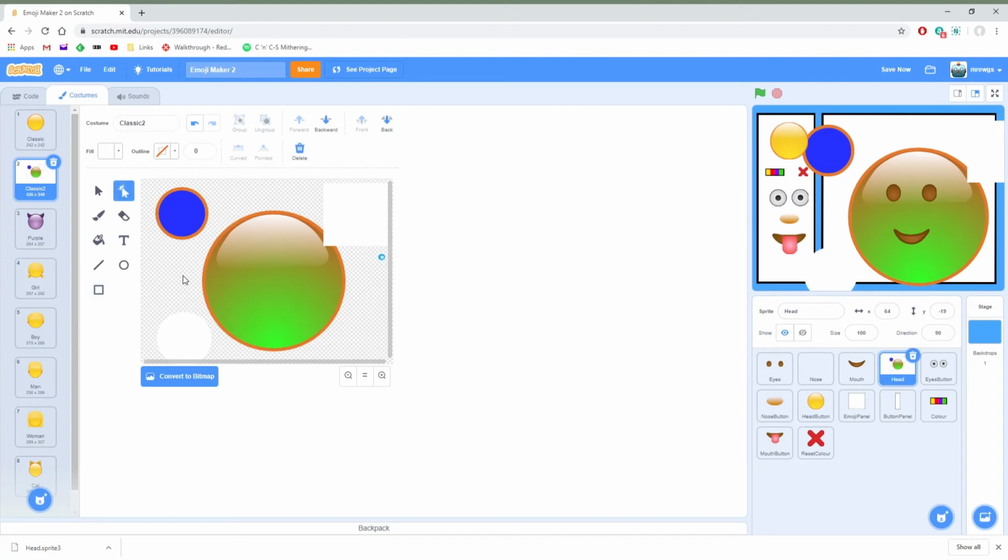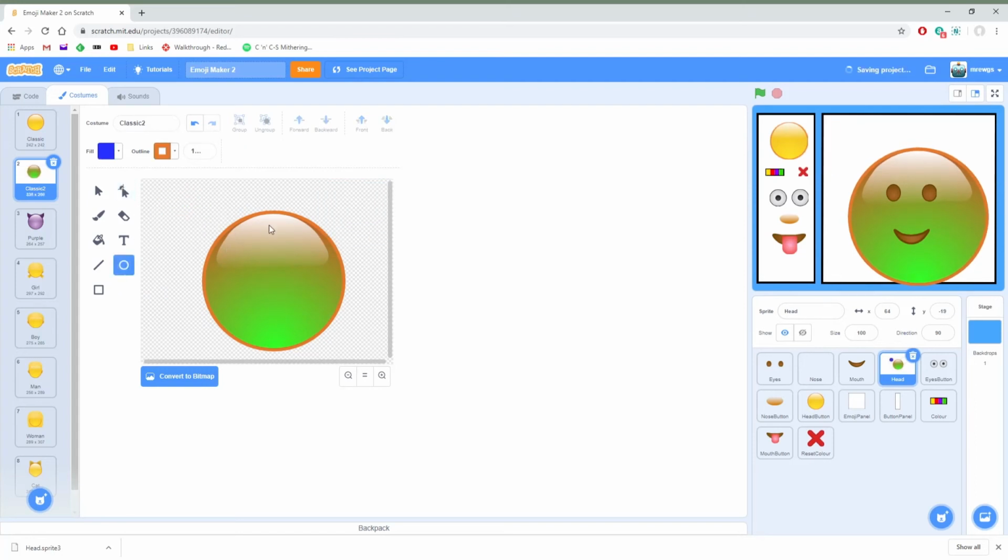The other tool that I really just want to explain to you a little bit is this reshape tool, which is really useful, and that's how I've made this shape here. And this shape is used to put a kind of light effect onto the sprite, and it's quite a nice effect, and it's using a few of these tools. The first is I've drawn a circle. Let me just delete some of these so you can see what's going on. So to create this sort of semicircle, what I've done